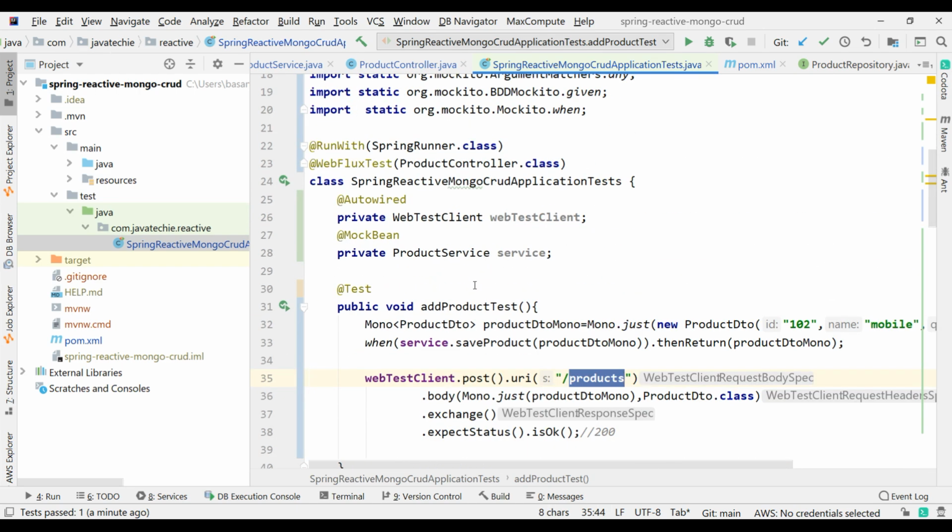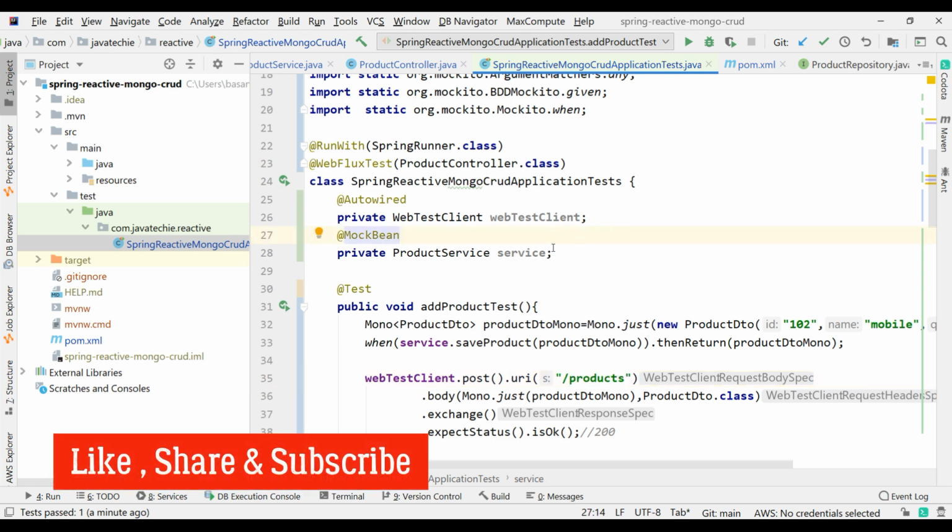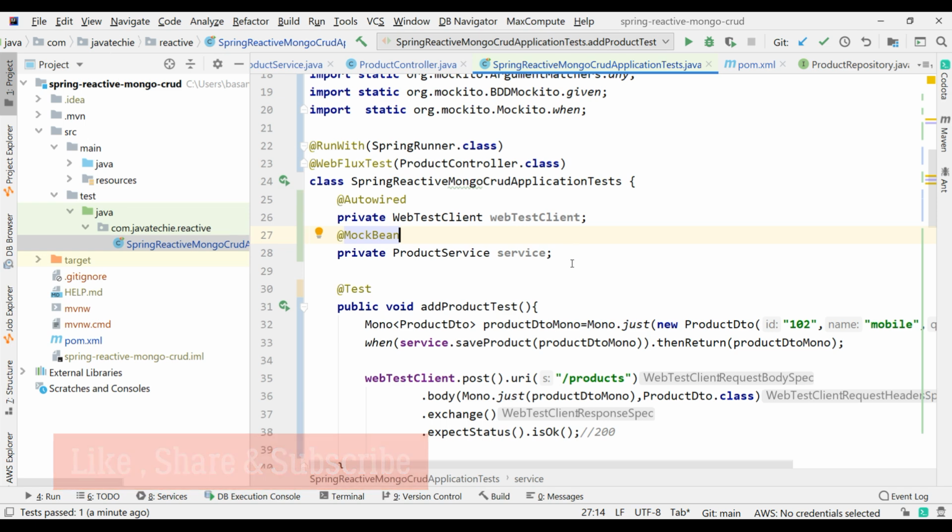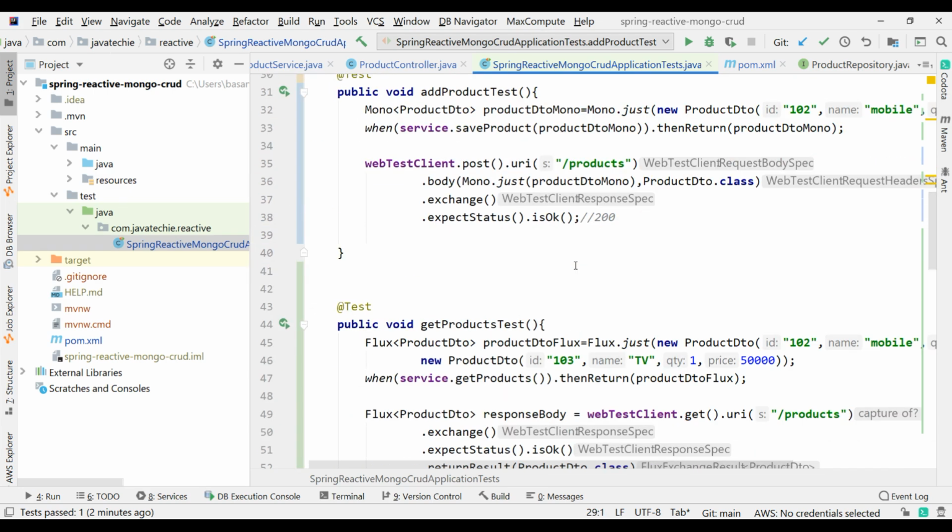Yeah, so this is how you can write the integration test using Mockito and JUnit in case of Spring MVC and in reactive programming. But again, we already added embedded MongoDB. If you want, let me know in the comment section. I can write the test case using embedded MongoDB. If required, we just need to mock the repo and we can continue. Otherwise, we just need to create a Mongo template in our test case to verify in our embedded MongoDB. So just let me know in the comment section if you are interested.